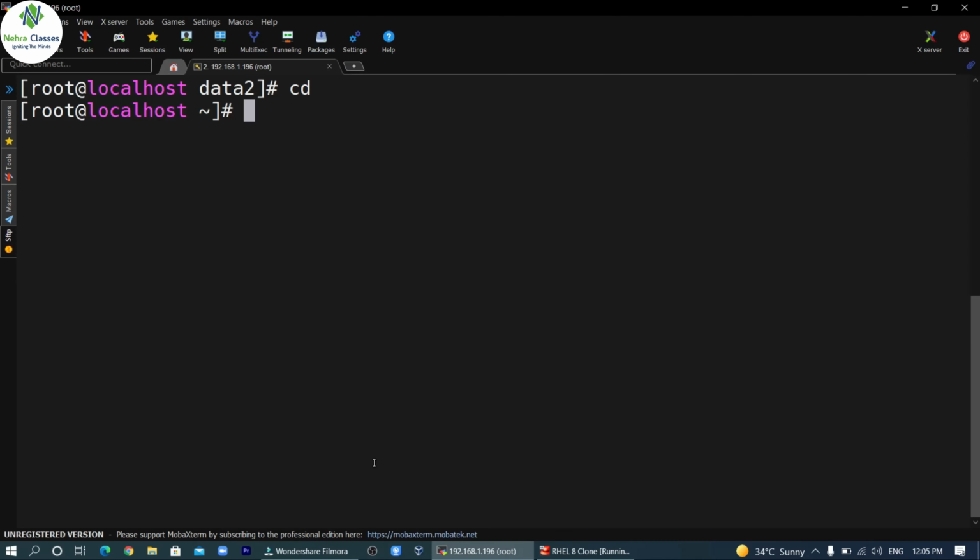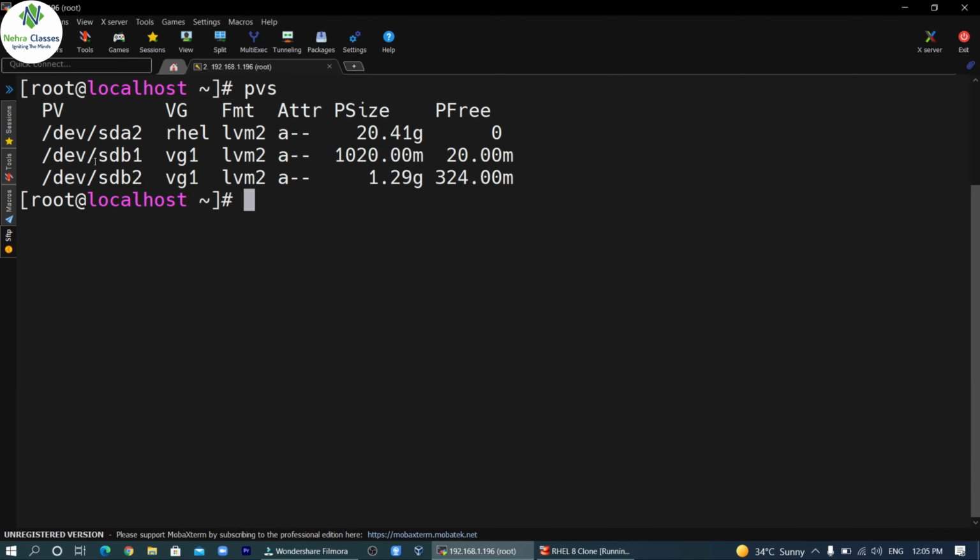Now I will show you how you can easily split them. In order to split the volume groups, we will execute the pvs command first, and here you can see that the vg1 volume group is there on both physical volumes, sdb1 as well as sdb2. We have to keep in mind which physical volume we are going to split, and we will have to mention that in the command. So I will split /dev/sdb2, and I will use it as VG2 again.